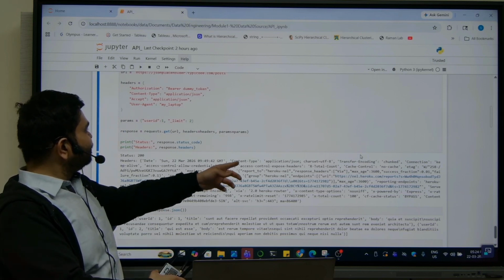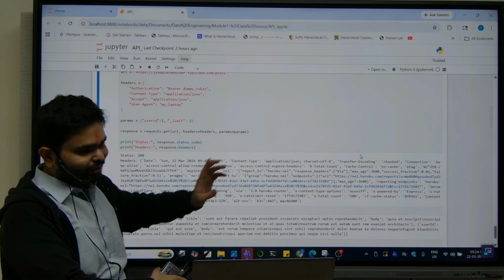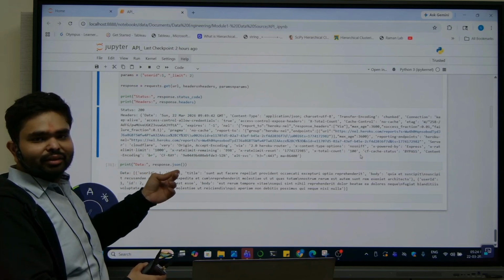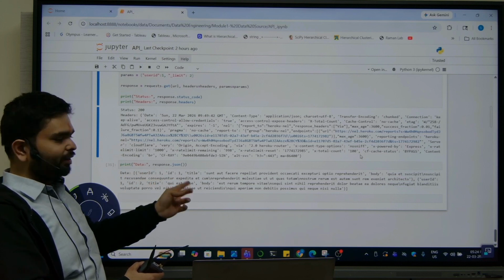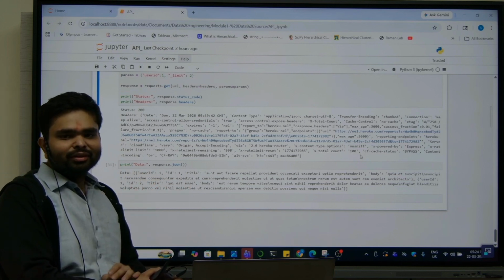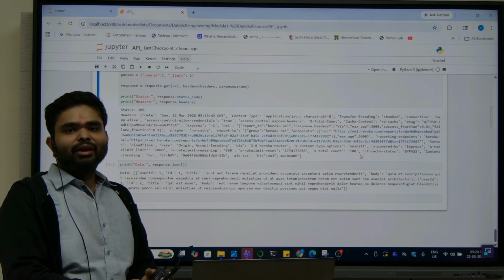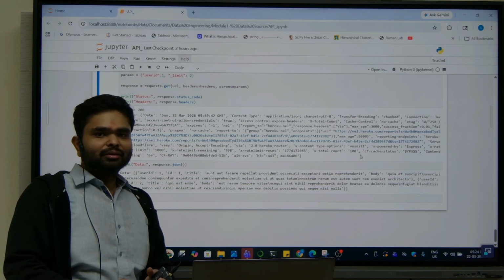We have already specified JSON, and you can clearly see JSON is mentioned here. Now this is the data which we get from the API. With response.json, you will get the data here. So this is the basic architecture of the API. We have covered till now methods, params, body, headers,